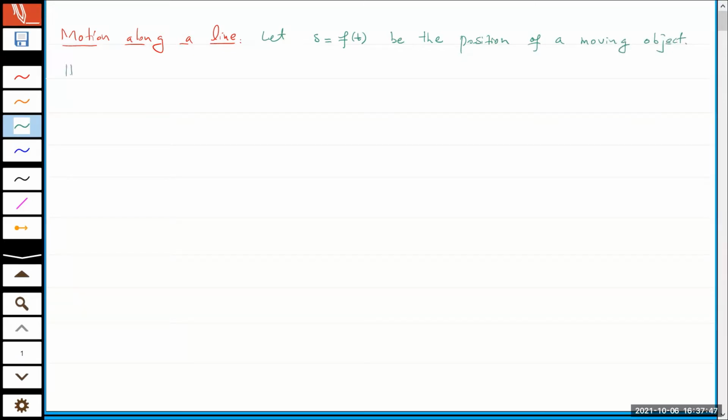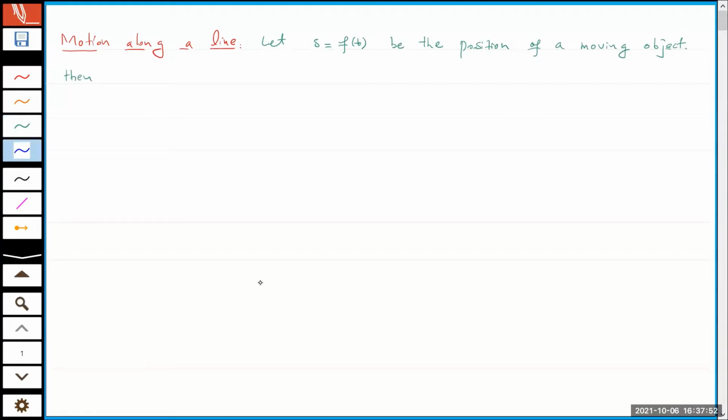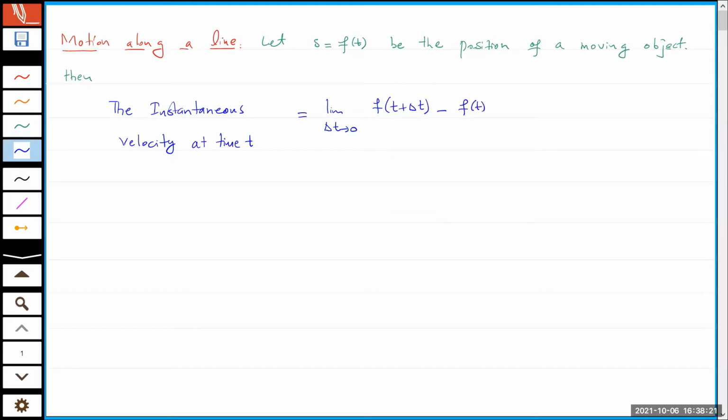Then the instantaneous velocity at time t equals limit delta t going to 0, f of t plus delta t, negative f of t